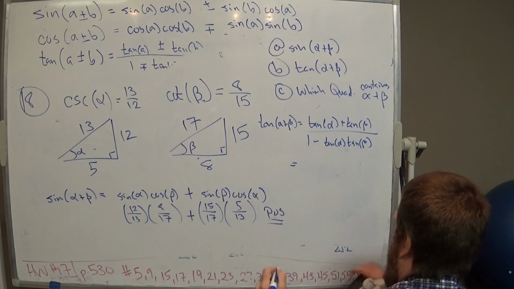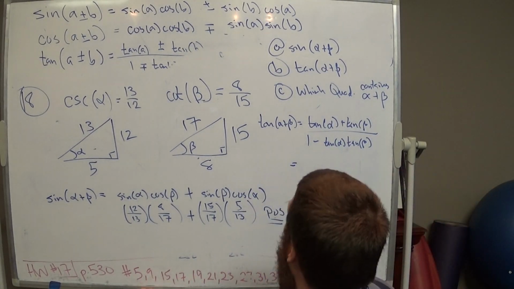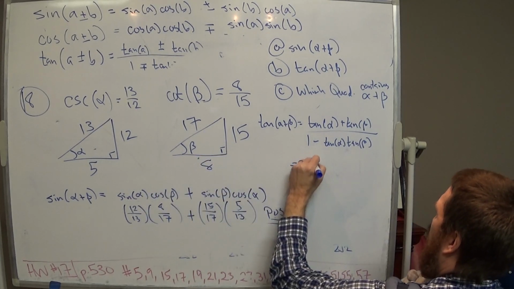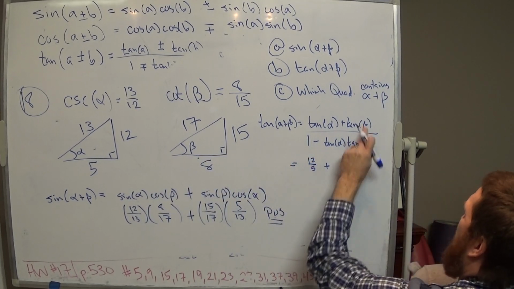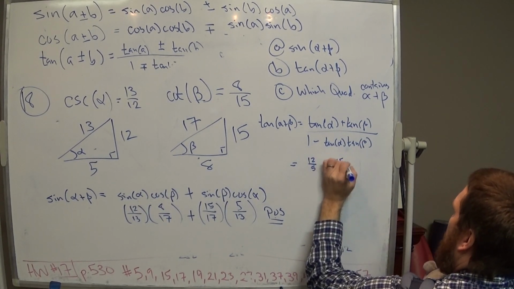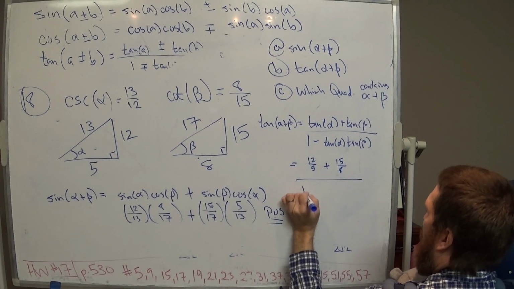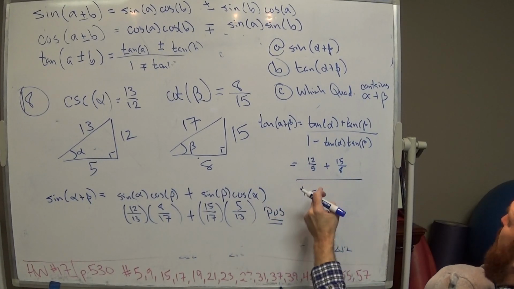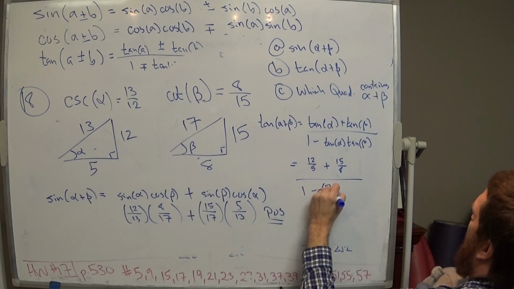Okay, tan alpha is what? 12/5. Plus tan beta is what? 15 over 8. All over 1 minus tan alpha times tan beta. We have them up there. That's one of the nice things about this. It's just that one. 12/5